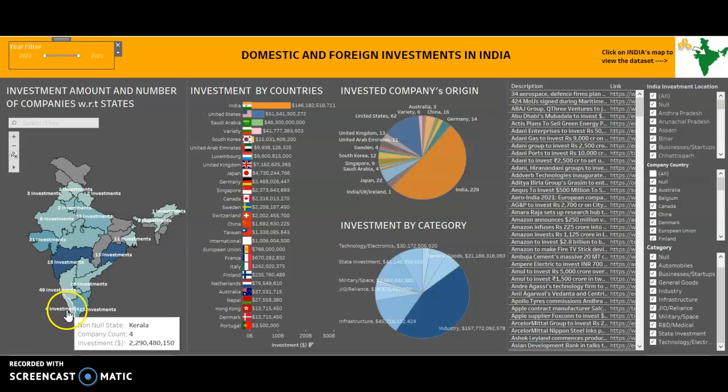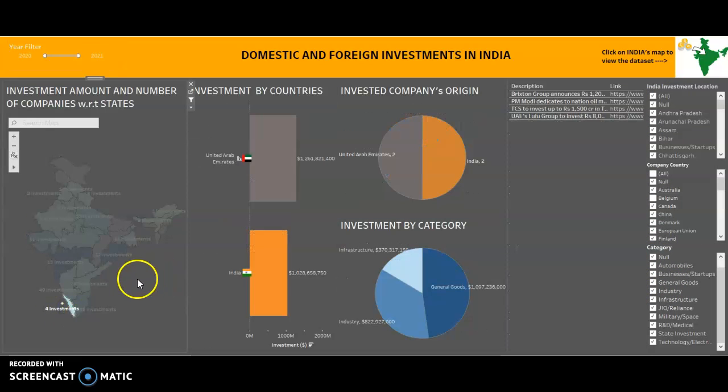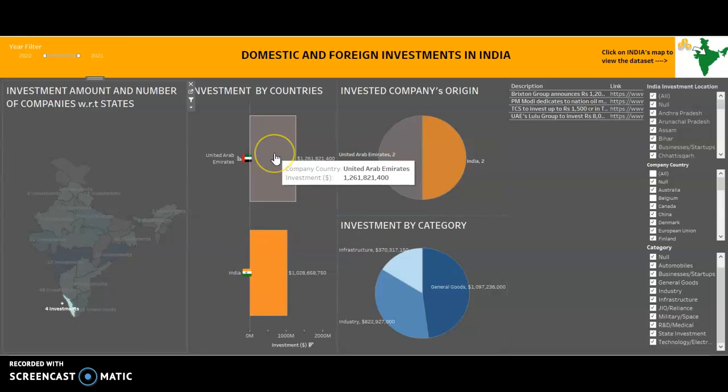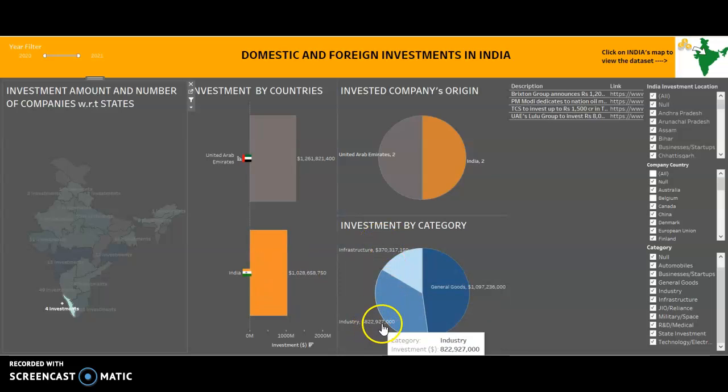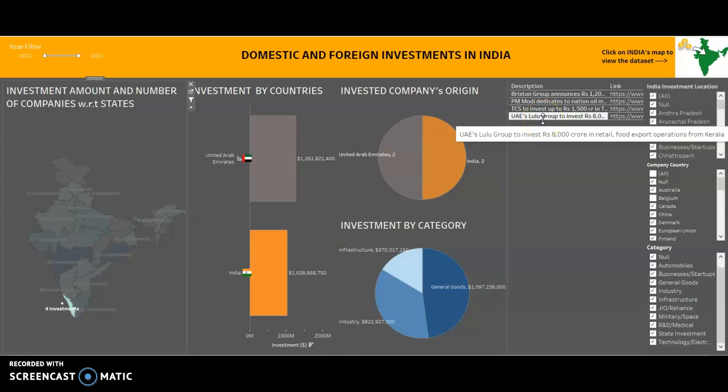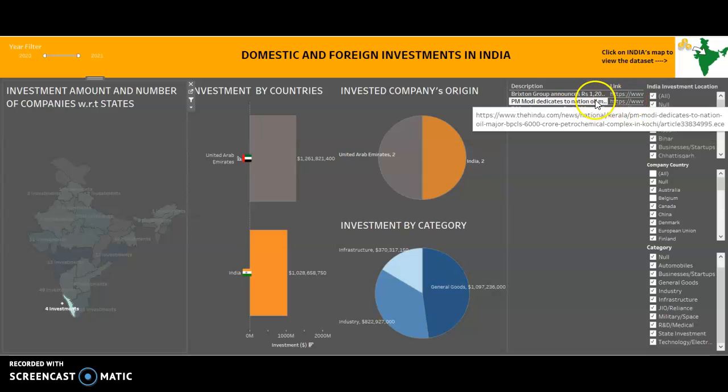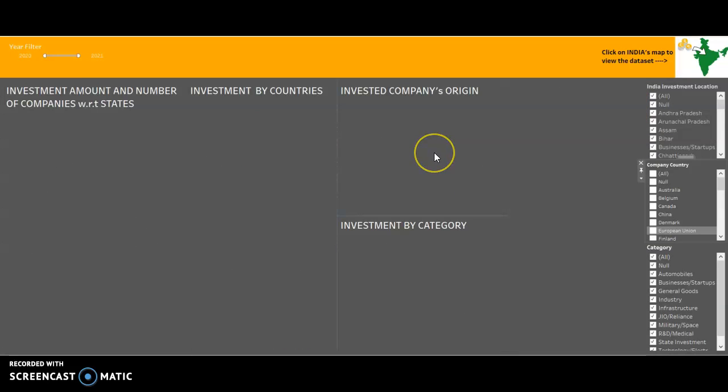Just for an example, if I take the state of Kerala, 4 investments were made in the state of Kerala, and the 4 investments were done by these two countries, UAE and India. The sectors in which they invested were the industry sector, the infrastructure sector, and the general goods sector. And for any information or news regarding those investments, we can also use the